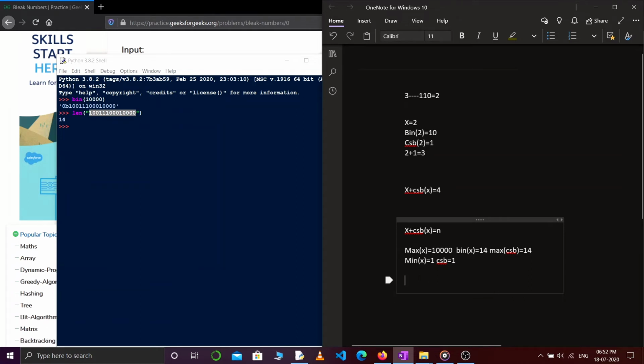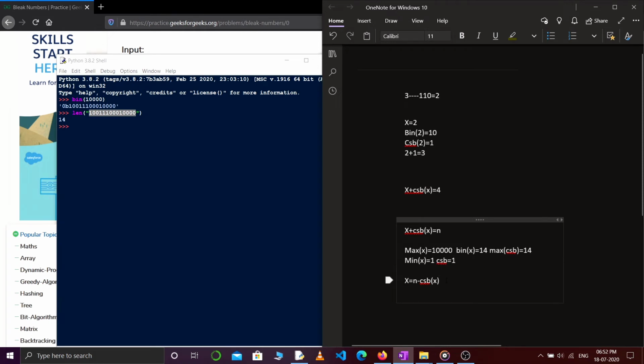So we have actually reduced the range of x. Because what is x? x is nothing but n minus CSB of x, and we now know the maximum value CSB can have is 14 and the minimum is 1.